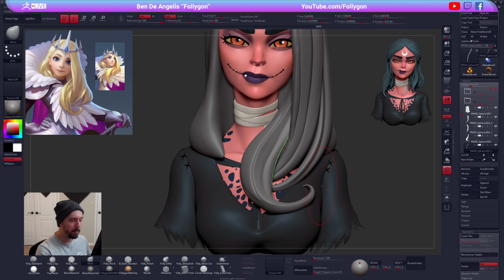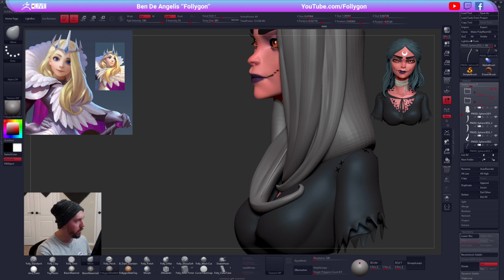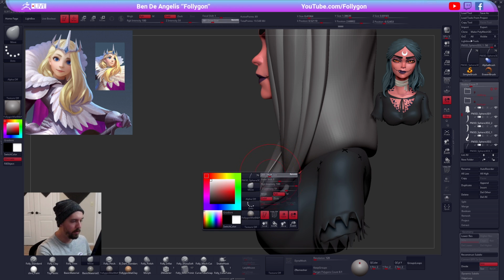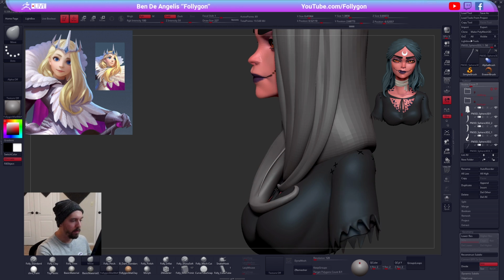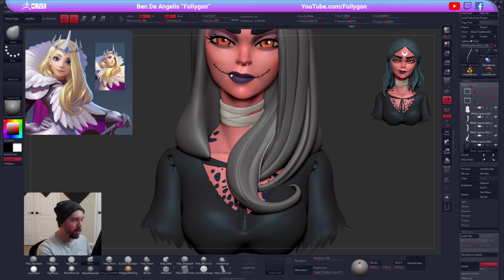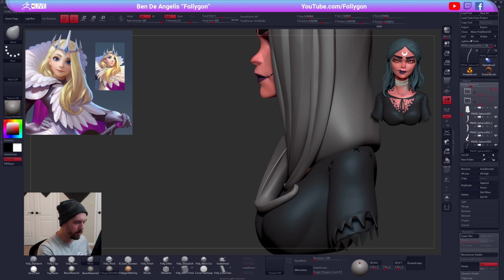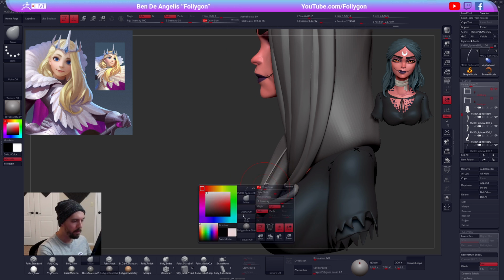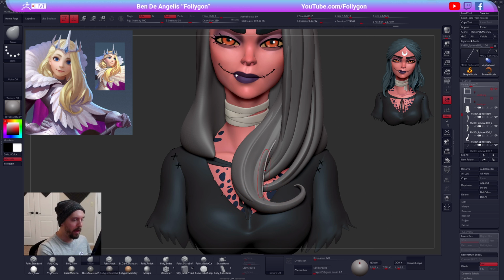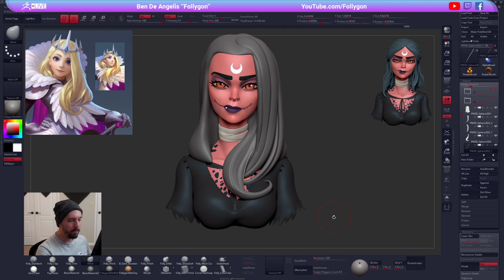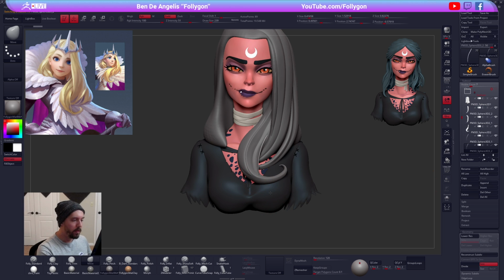I can grab a nice big Move brush and start to tweak and pull this around to create whatever shape that I need. So there is our first stray strand of hair, and we can maybe blend that in up there so it starts to come out of that shape, and it looks like it kind of connects down here. So something like that, right? But the more we add of these, the more complex we'll get. Let's duplicate that,